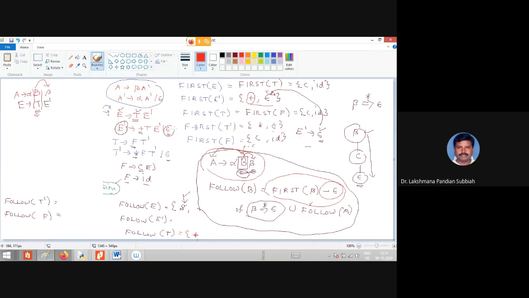So beta is going to be empty, which means you have to make a union with follow of A also. Follow of A is here E. So in that T you have to union follow of A also. Right?